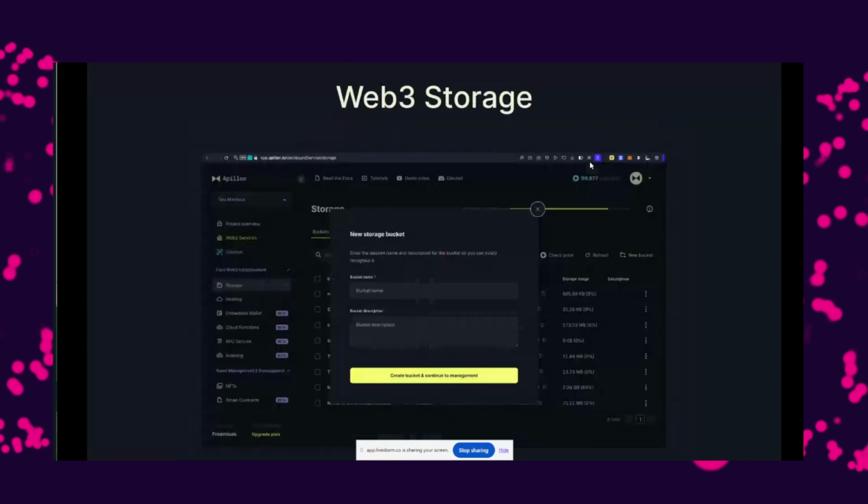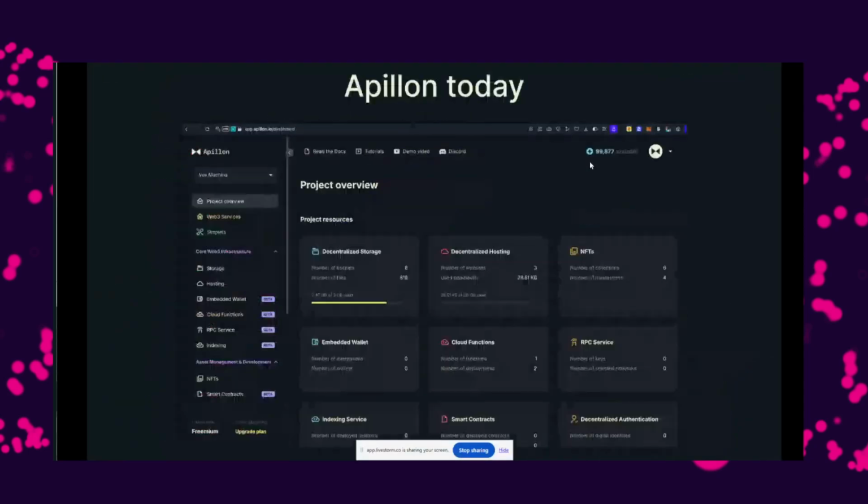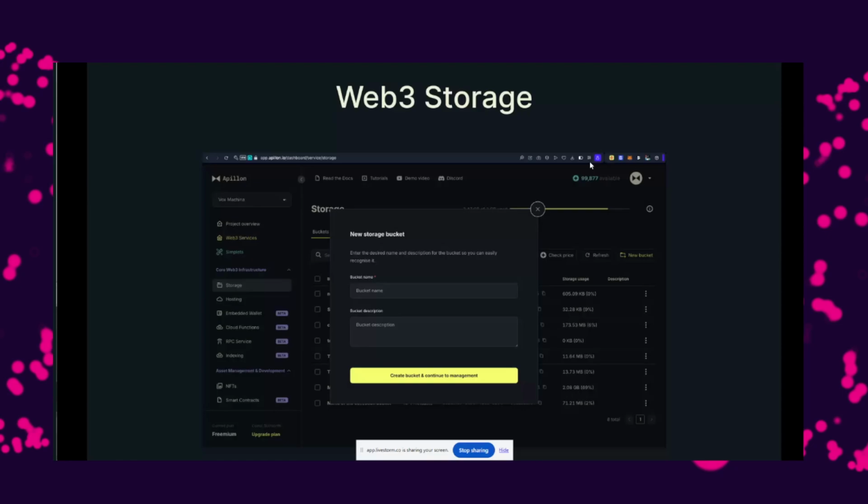All right, so how I envision this: we have a lot of services, and I picked some of them which I feel would be interesting for you. I have a bunch of screenshots which give you an insight into how the services look, what you have to do in order to configure them, so you will have a good understanding of what Apelon does and how it looks and feels. All right, so first one, Web3